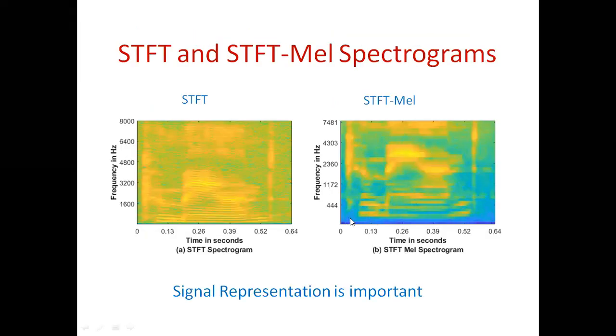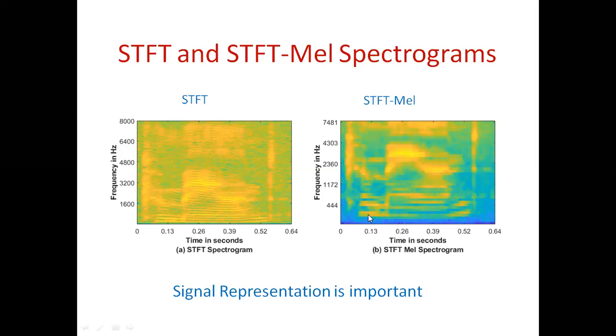In MEL delta, what we do, here the x-axis is time frames. Let's say there are some 10 time frames in this. So we just subtract the first column from the second column. That gives you 1 delta. Next, the second column subtracted from the third column, the third column subtracted from the fourth column. So column-wise subtraction will give you the delta information.